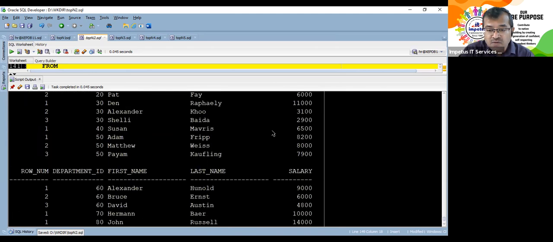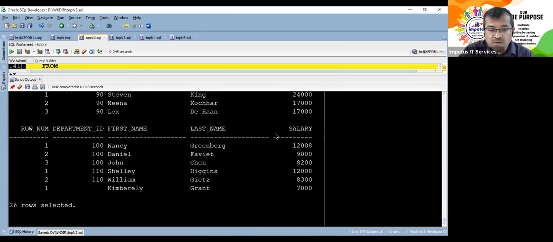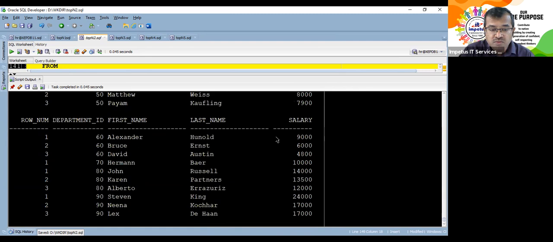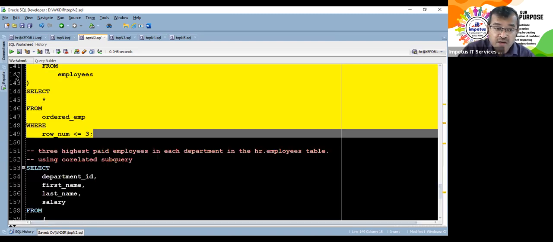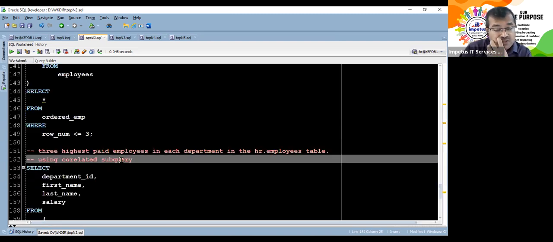And in our result, we have got only one fellow out of those 2. We have only David, we did not get Valli. He was also earning 4,800. So these are not the top 3 earners. You could very well say these could be top 3 salaries, correct? But this has not listed all the employees who are having top 3 salaries.